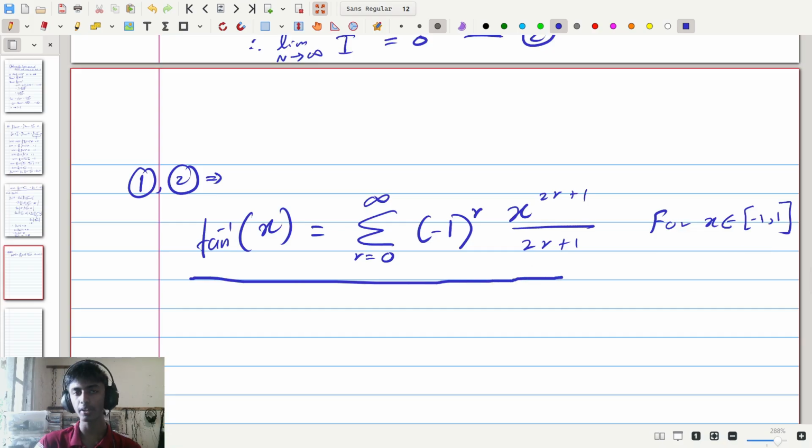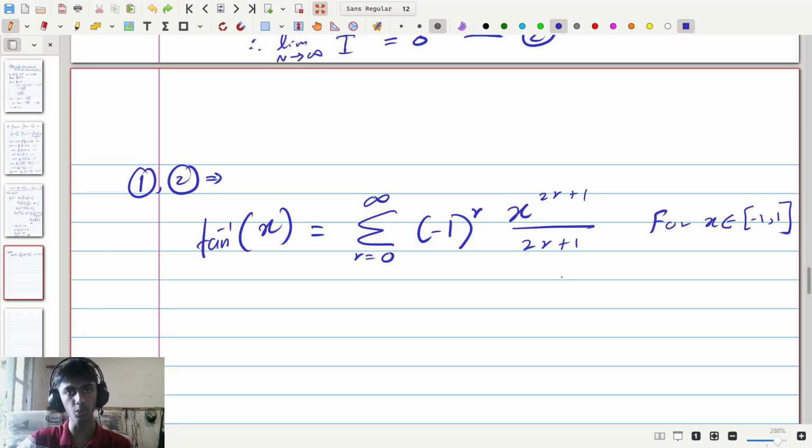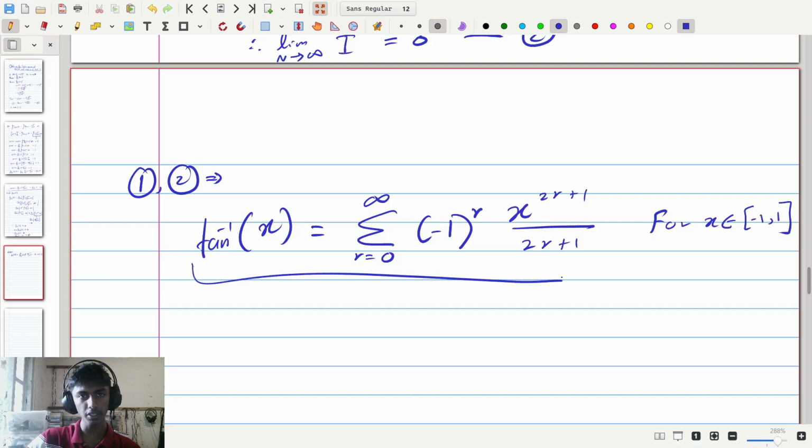In fact, you can Google this or ask some AI if you want. This series is non-convergent for x's outside of the range from negative 1 to 1. Within this range it's convergent, and at the endpoints it's also convergent. However, outside of this range it is non-convergent. So therefore we have derived this expression here. This expression is actually the Taylor series of tan inverse x, and we can now use this to find the